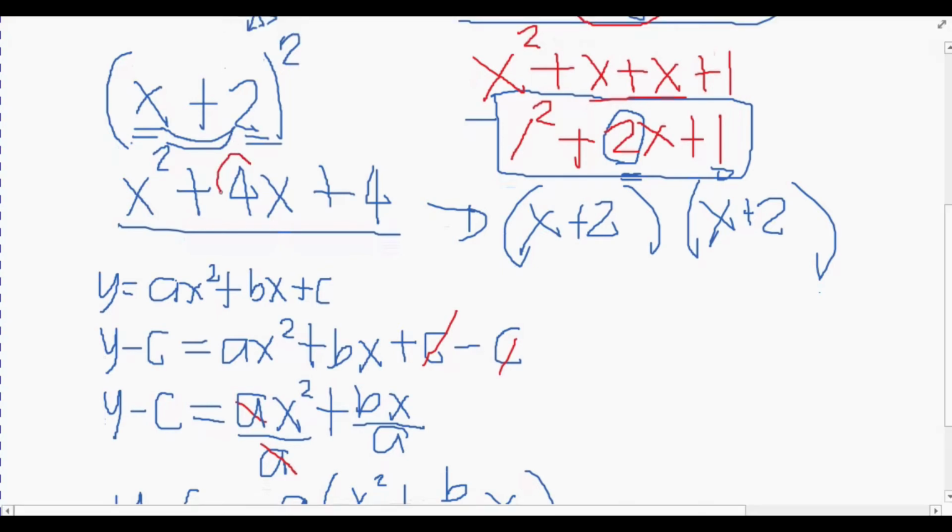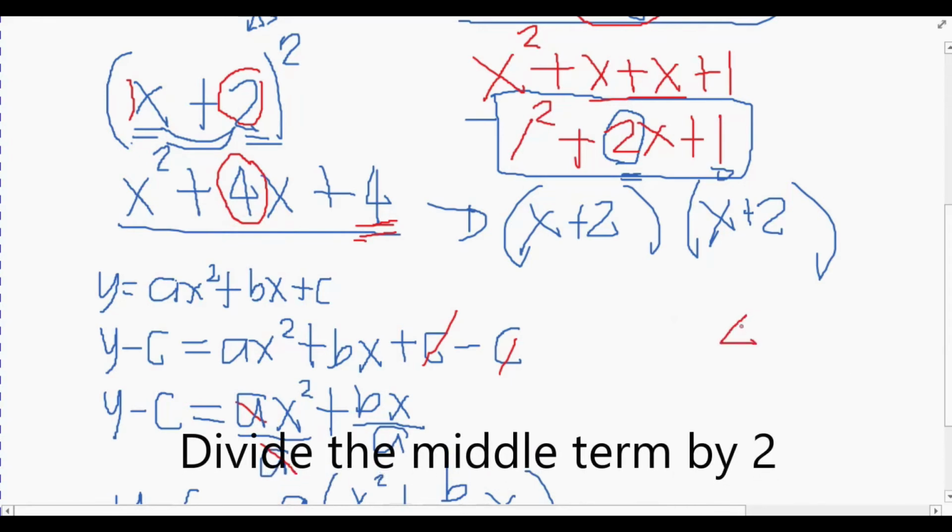So how to get 4 here? We multiply the first term 1 times 2 is 2. So twice that, 2 times 2, is 4. That is our middle term. Now to get the last term, since the last term is the square, what we are going to do is take the middle term and divide by 2,